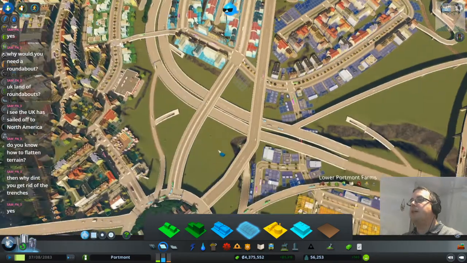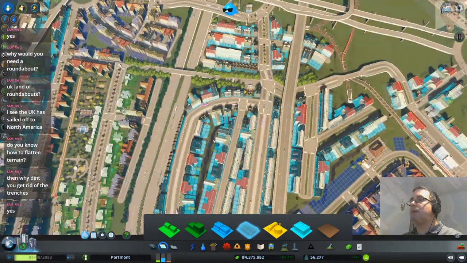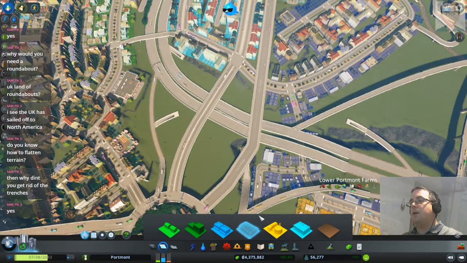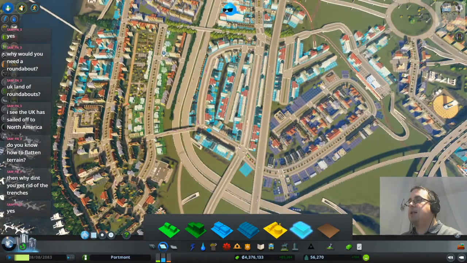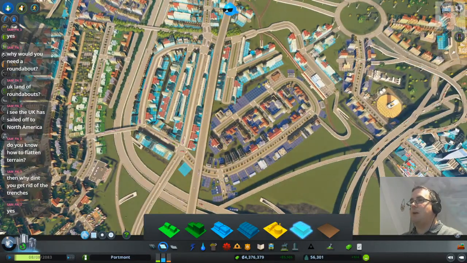And we don't really have any demand for industry. But even so, I'm just going to zone that as industry, because then that keeps this section to the left of the bypass as industry. There's a bit of industry there as well, so it's not a strict rule, but then we've got a major commercial district to the right of the bypass,